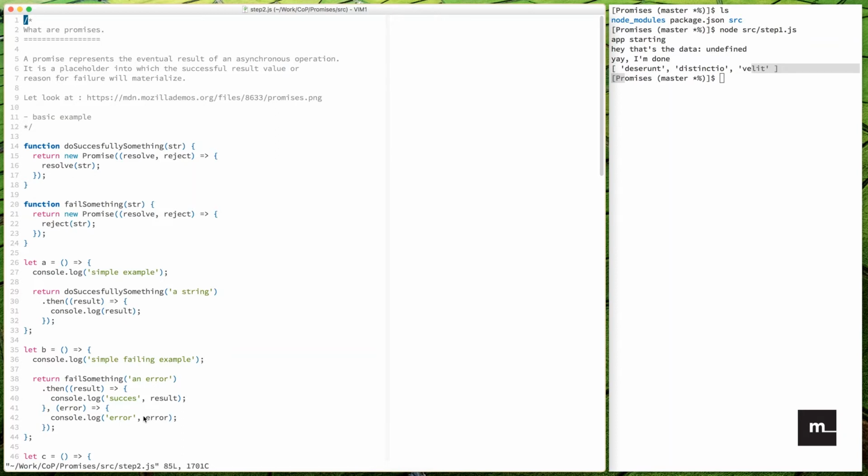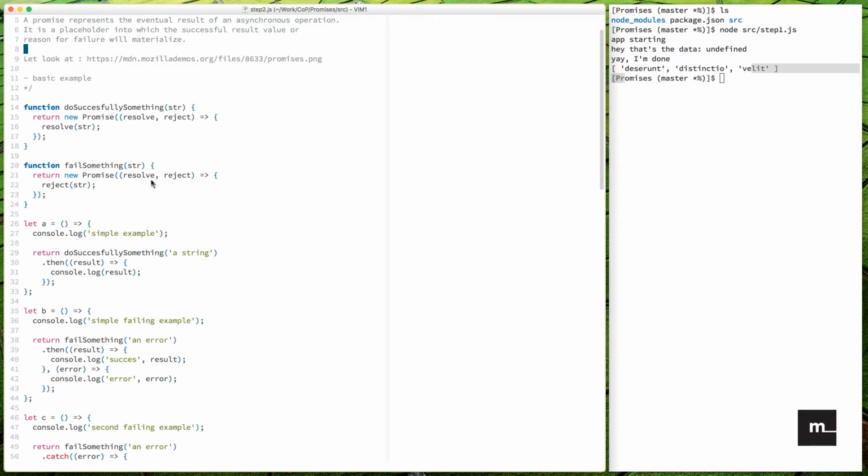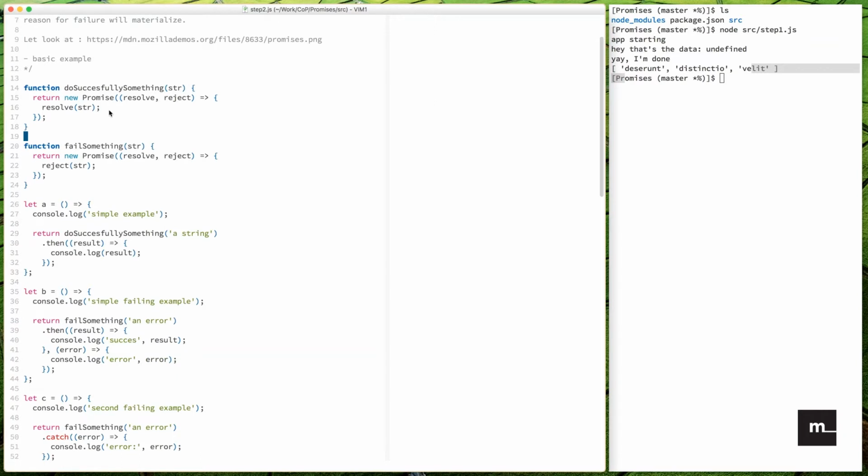Exactly when I was speaking about functional programming the other day. It's basically instead of thinking about the steps on how to call a callback, you actually think about what should happen. So let's see some examples. We will look at that later on, but let's see some examples first. So I created two simple functions, doSuccessfullySomething and failSomething, which in both cases just